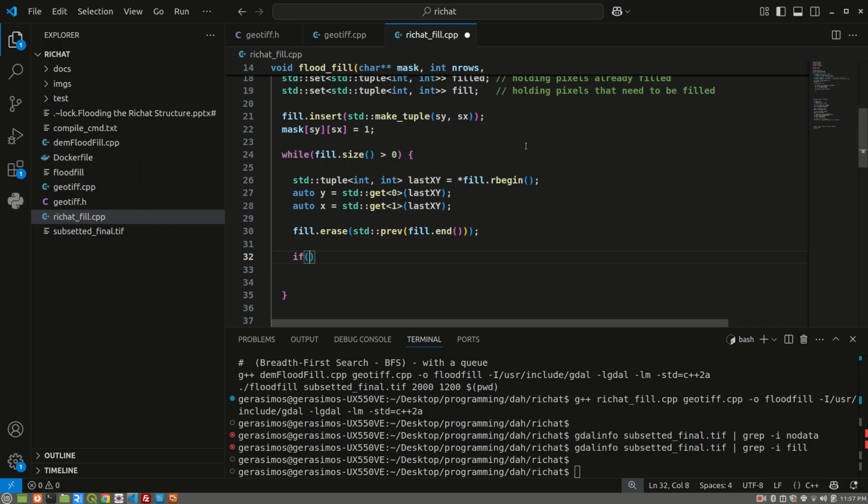So what we need to do here is make sure the y and x are within the domain of the image. So we can say here if y is equal to n rows -1, or x is equal to n calls -1, right? Or x less than 0, or y less than 0. So any of these conditions, if any of these conditions are true,